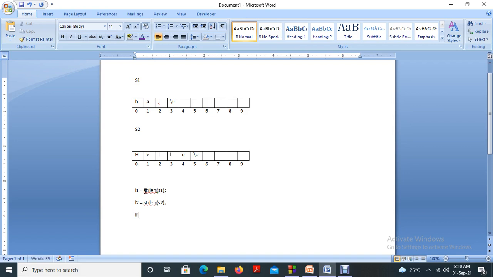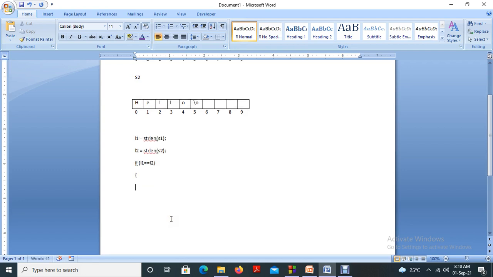So if L1 equal to L2, then only we want to verify individually whether h equal to h, a equal to e, i equal to l. That process we have to do once this condition is true. If this condition is false initially itself, then we can directly say that the strings are not equal.